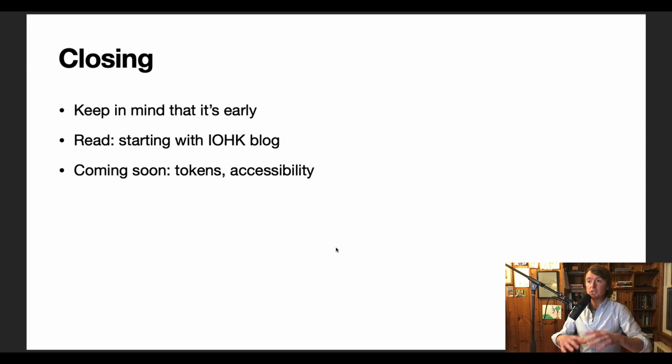But soon so much more is coming, right? It's going to be more accessible. Within the next few weeks, we're going to be playing with tokens. So just like I messed around with metadata, I can't wait to mess around with tokens, see what we can do with those. And you could be damn sure that I'm going to be playing with the testnet for that, plenty more. I demonstrated some bad habits today, playing with the mainnet,